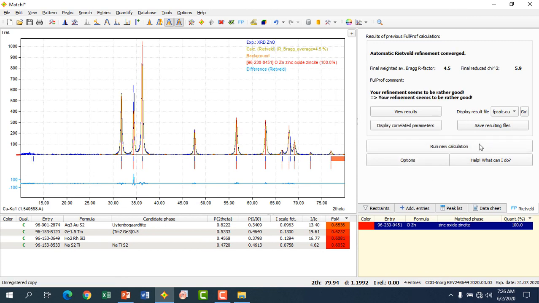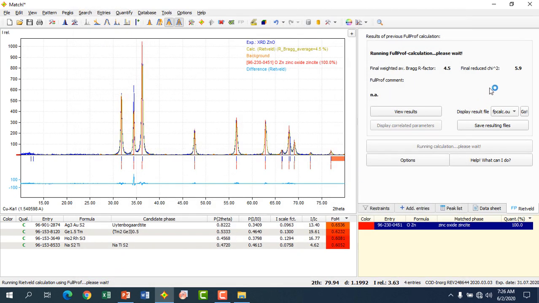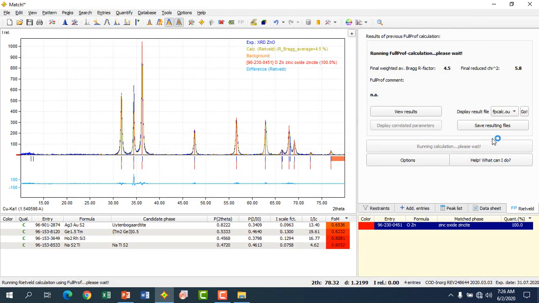Run these calculations until there are no changes in the final reduced chi-square value, because if the final reduced chi-square value is below 5, it gives the best fit. There is no change in my final reduced chi-square value, so I stopped here.